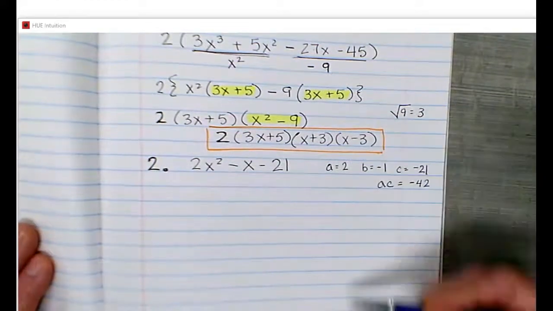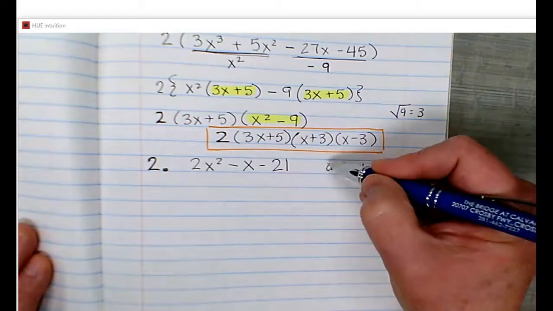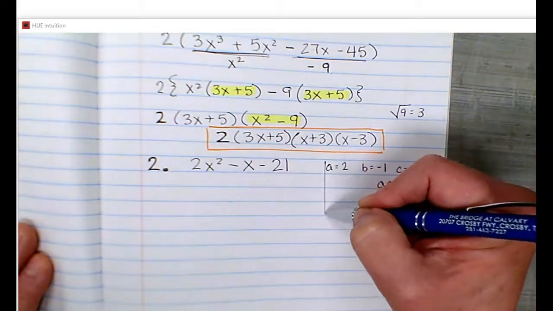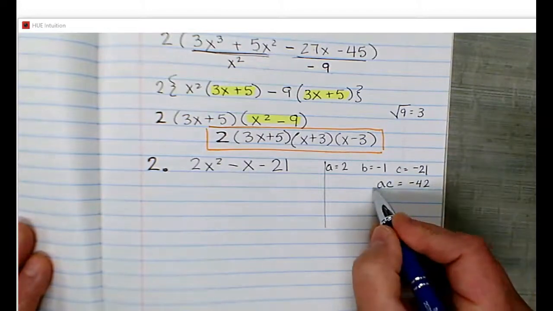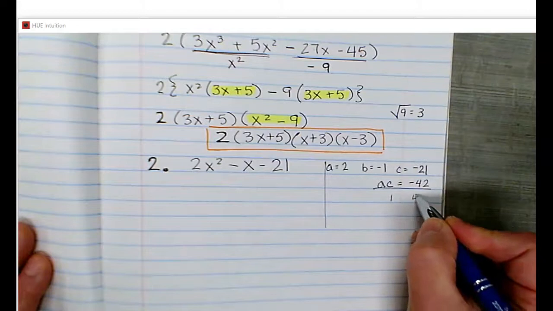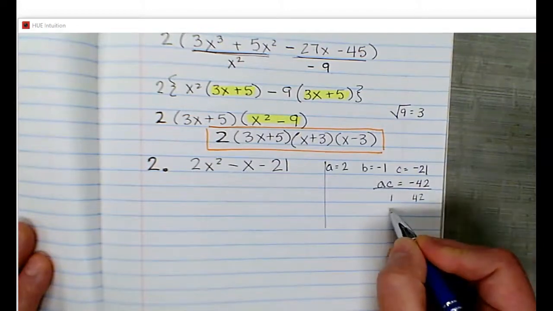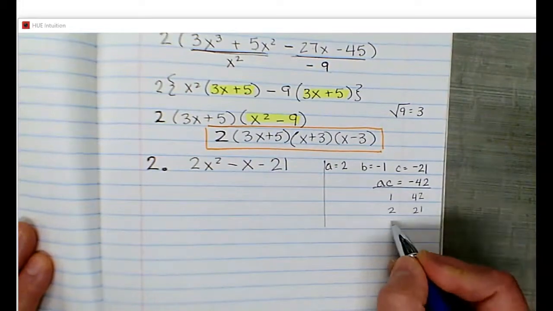And you see I'm doing this kind of over here in the far margin of my paper. And so this I'm kind of doing over to the side. So what are the factors of 42? 1 times 42 and 2 times 21,